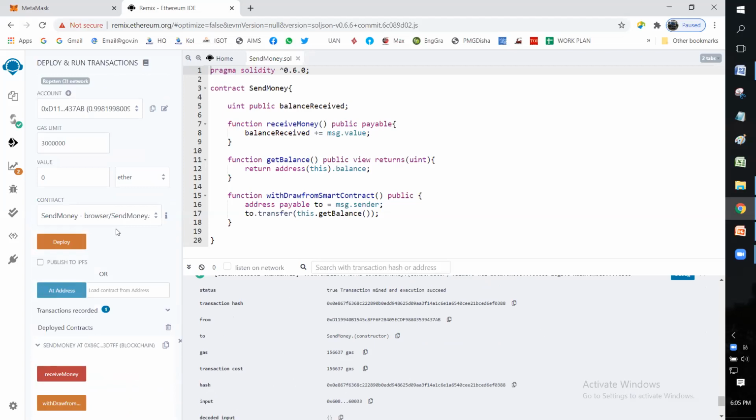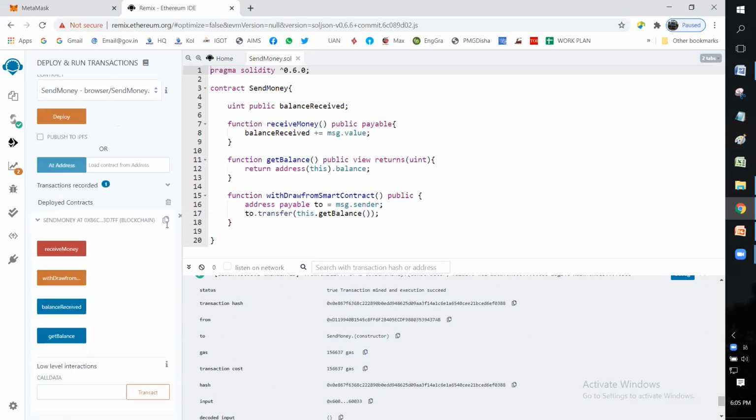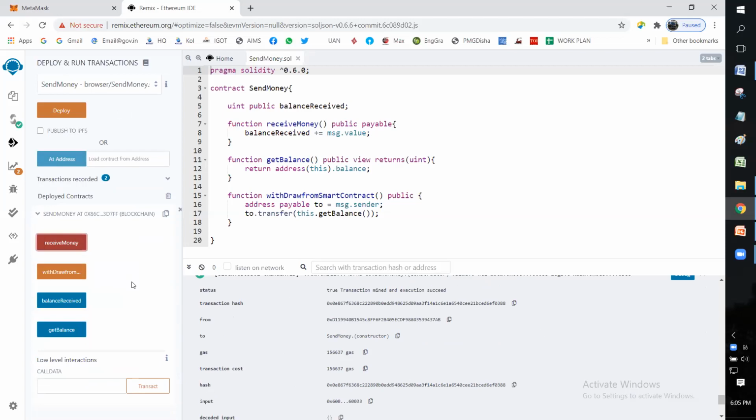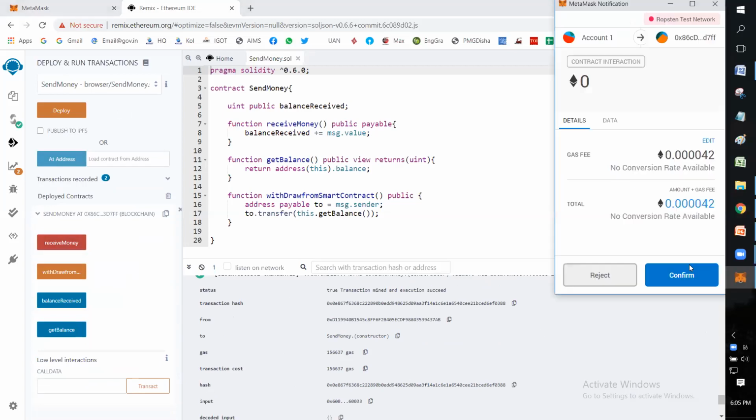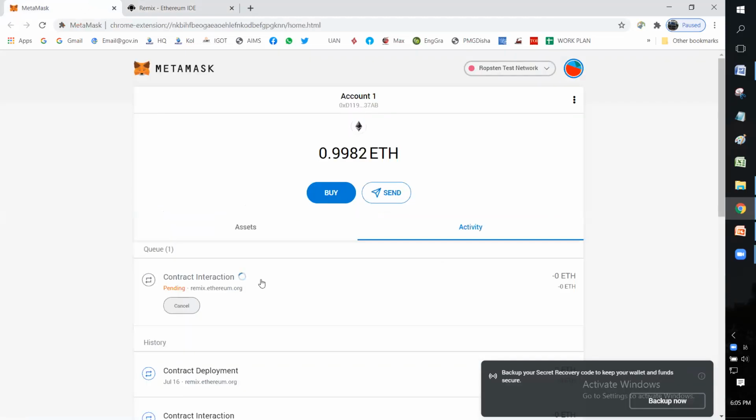Okay, now let me try to send some ether over here. Say 1000 wei, because this account has very little balance, so I set it to 1000 wei and I receive this value over here. Again, it will take some time since I'm connecting externally to MetaMask. I'll go in MetaMask and see that the transaction is getting mined.